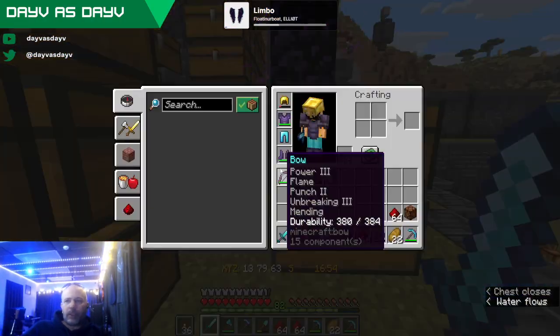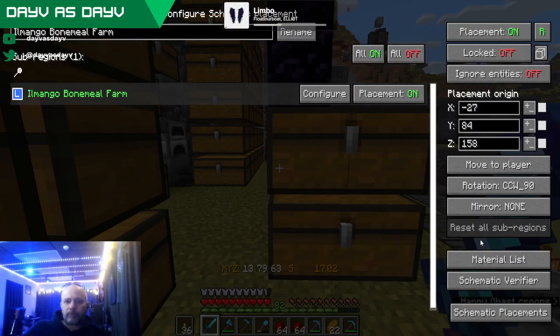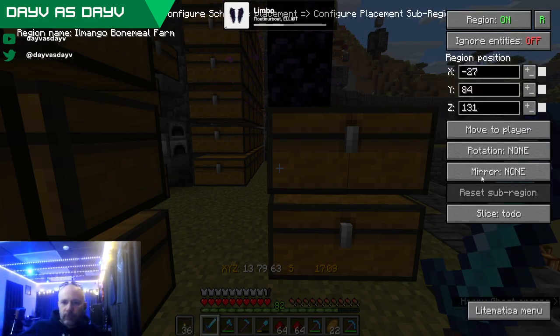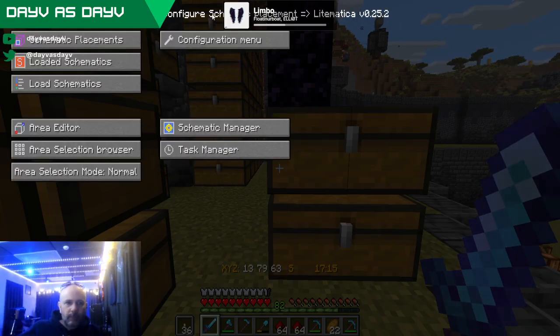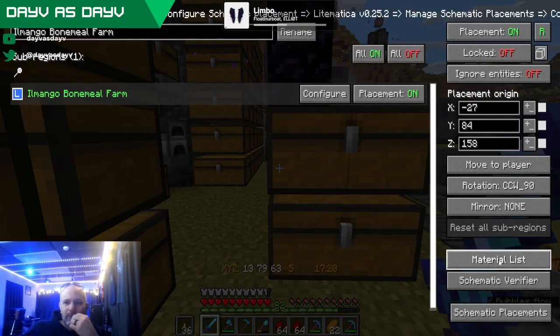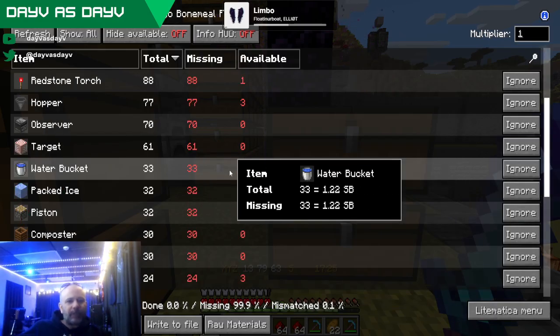All right, and then rest of that was... nope. Schematic placements, configure, material list. 93 sticky pistons.